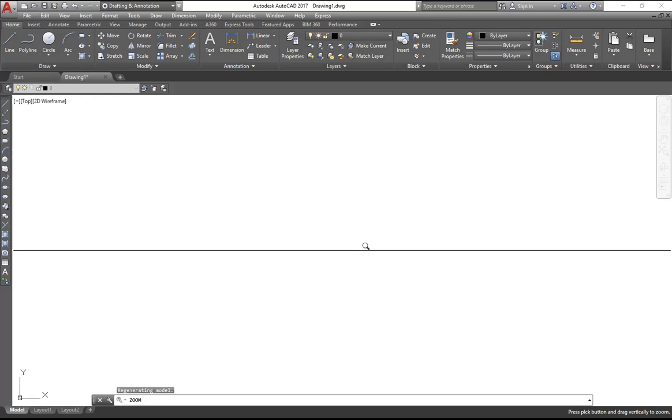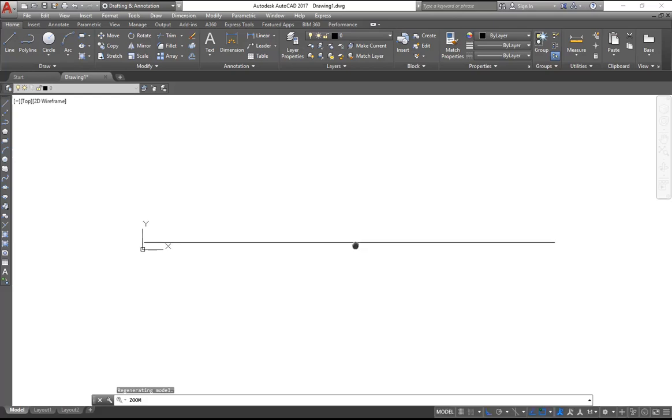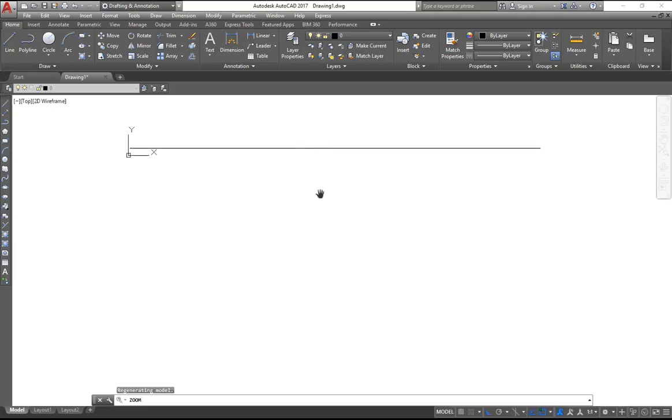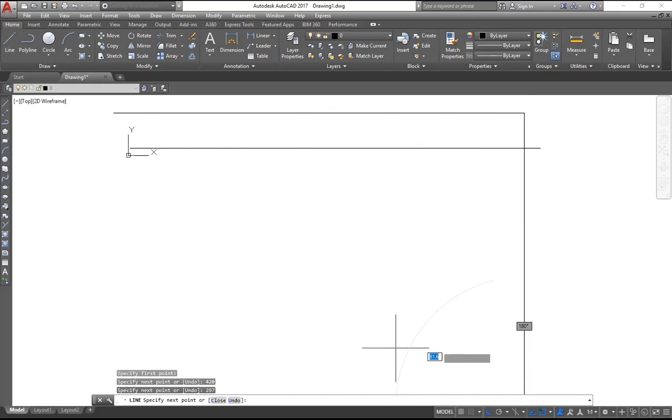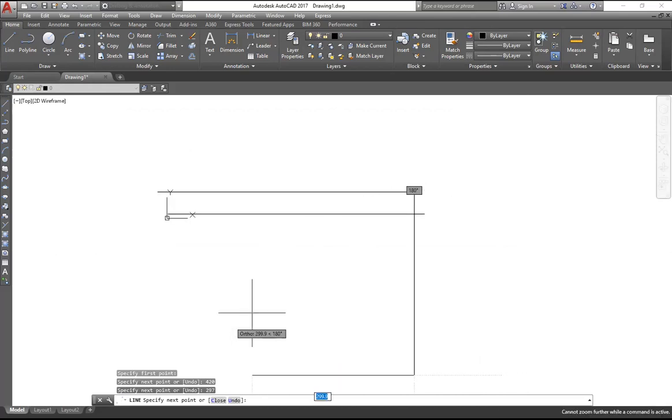So now you can see that my line has come out. Okay, with this, I've been able to configure that. So what I can do is probably start another line, and from here, I can now type 420 easily. Can you see now? I can type 297. Okay. And then I can come out here,